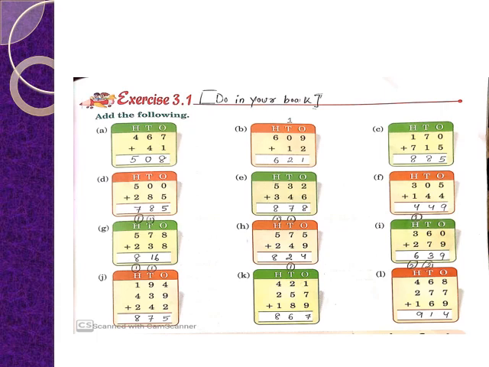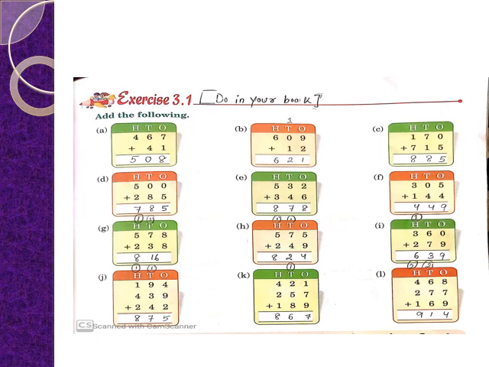Now, bit number E, 532 plus 346. 2 plus 6, 8. 3 plus 4, 7. 5 plus 3, 8. Bit number F, 305 plus 144. 5 plus 4, 9. 0 plus 4, 4. 3 plus 1, 4. Bit number G,